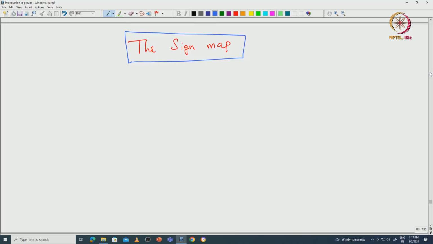Welcome back everyone. In this lecture, we will give an alternate definition of the sign map. First, let us recall how we defined the sign map in the earlier lectures. The sign map is associated with the symmetric group Sn. Okay, let us recall what it is. So, the symmetric group Sn